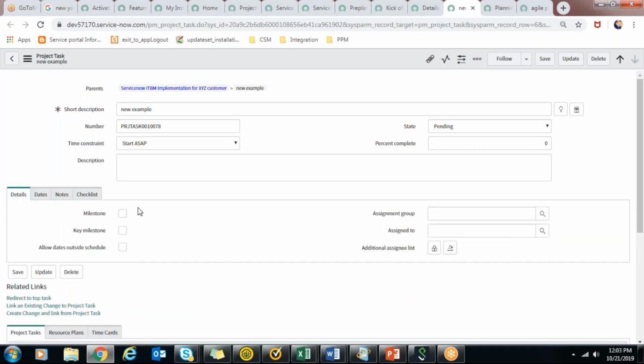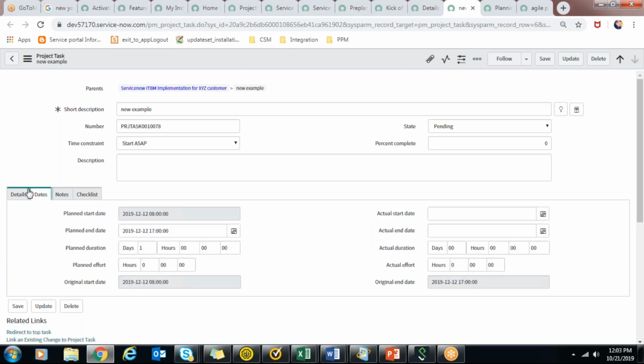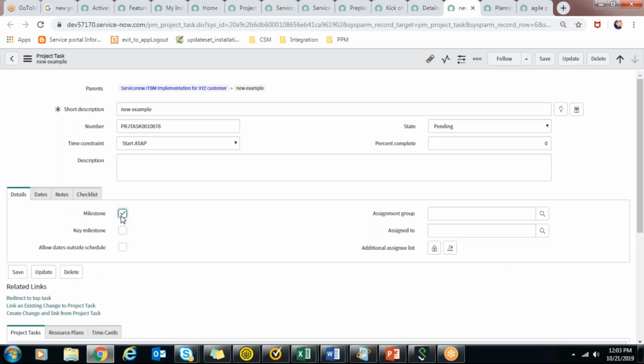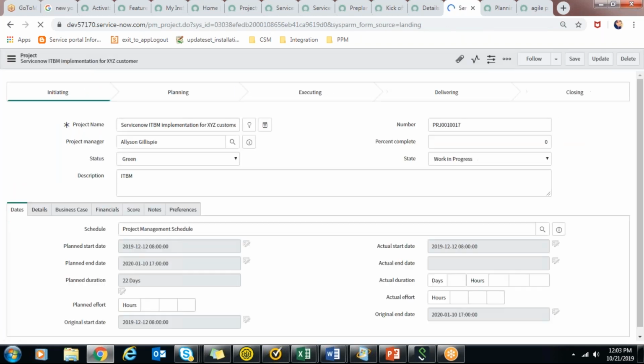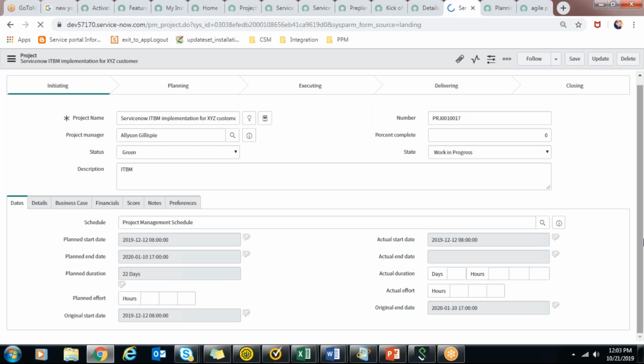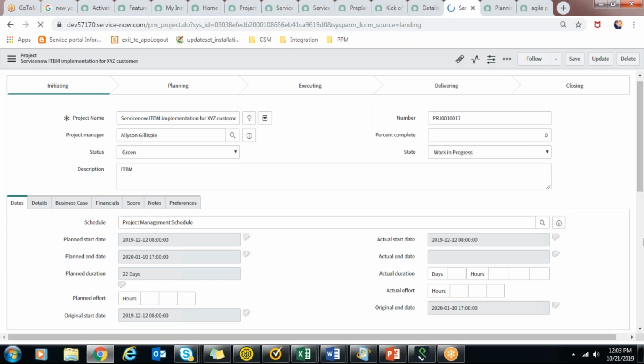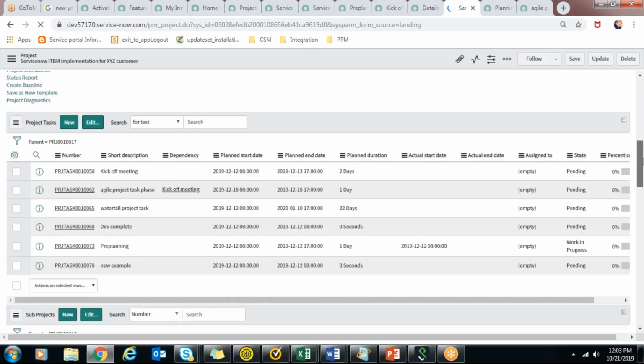In these details, if I check this as milestone and update, and again go to the planning console, you can see that the task which was in a rectangle shape will now be a diamond shape. The milestone is represented that way.